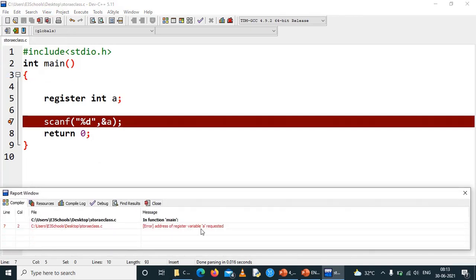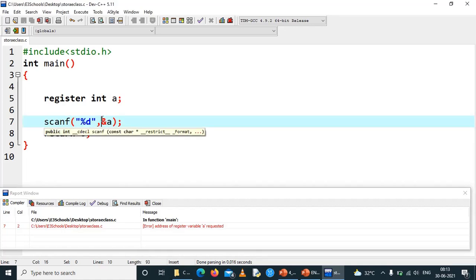Address of register variable a is requested, which means the code is requesting the compiler to give the address of a register variable, but a register variable will not have any address. Instead, it will have a name R1, R2, R3. So that cannot be accessed. Trying to access a register variable with the help of the ampersand symbol will not be possible, which means we cannot use scanf directly here.